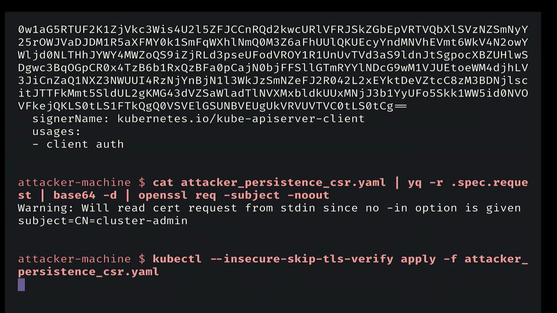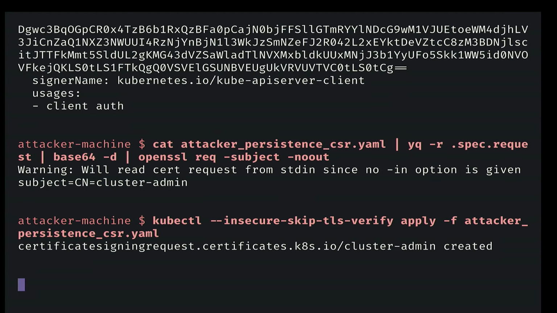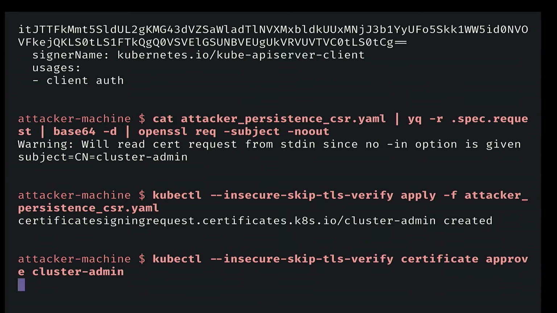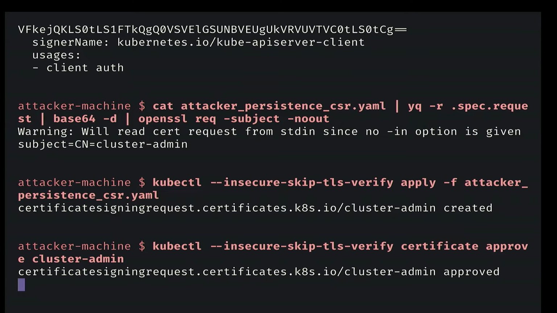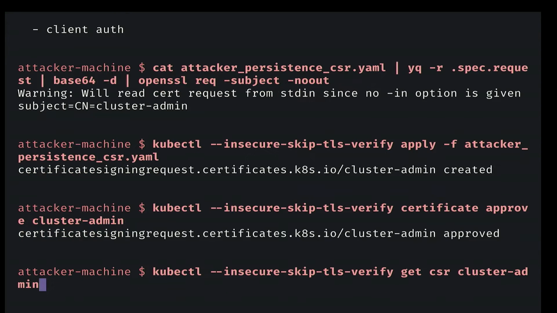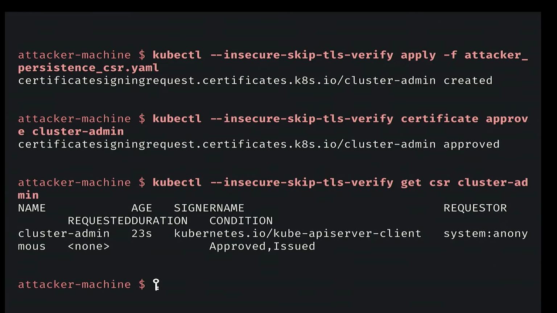So I send that CSR, and now the next thing that needs to happen is that the signing request needs to be approved. Now, this normally needs to be done by someone with a lot of privileges. Lucky for me, again, I already have those privileges thanks to that initial misconfiguration. So I can just approve this for myself. All right. Cool. So that's approved, and now I can grab that certificate to be able to authenticate to the cluster instead